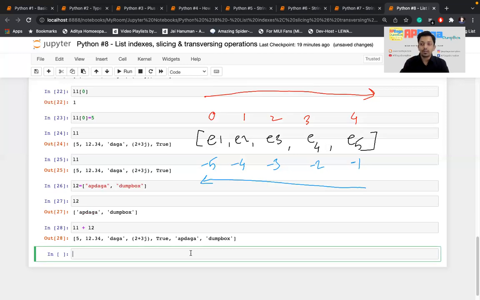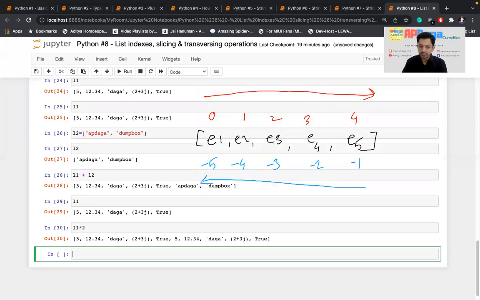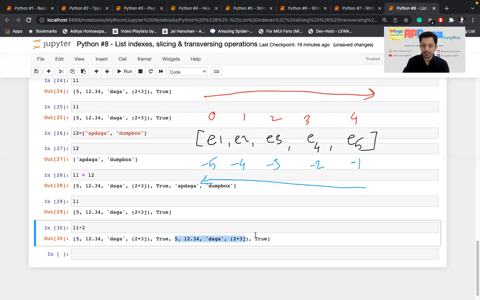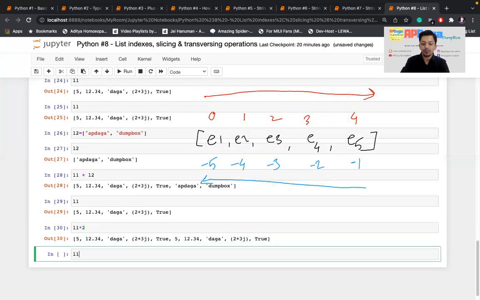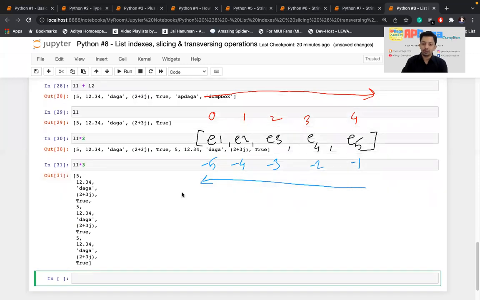I talked about the multiplication operator on strings. Similarly, I'll talk about the multiplication operator on lists. So there is L1. If I do L1 star, that is multiplied by 2, just like string, it replicates all the elements from the L1 list 2 times. So you can see this is our L1 and the same elements are replicated once again here. If I do L1 into 3, it will replicate it 3 times. It is again horizontal, but why is it showing vertical? For ease of viewing, nothing else.